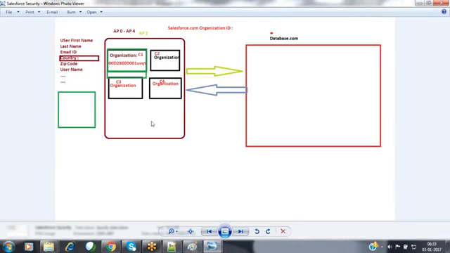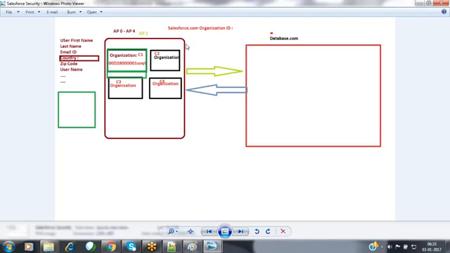Now, let's see. Let's assume that I have created a Salesforce account. Whenever I create a Salesforce account, it may be a free account, or a licensed account, contacting Salesforce people and paying some rental amount to Salesforce.